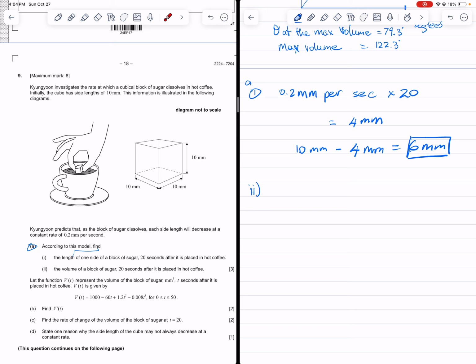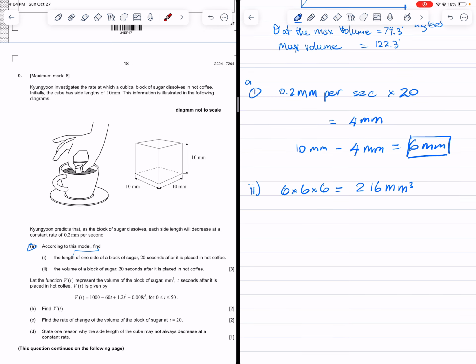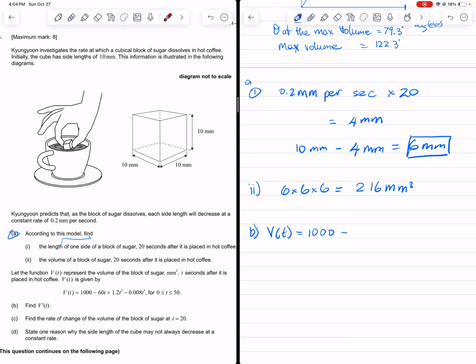The volume of the sugar cube after 20 seconds. If each side is 6 millimeters, we know that volume is length times width times height, especially for a rectangular prism. And so our volume here is 216 millimeters cubed. All right, so the differentiation did not start yet, but now going into part B, it tells you that our function for volume in respect to time is 1000 minus